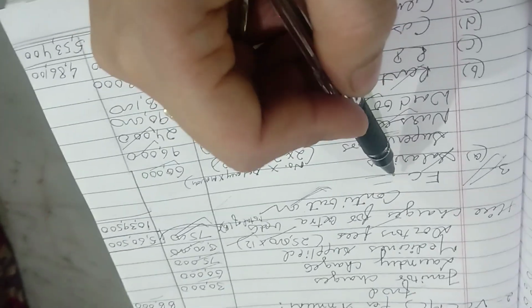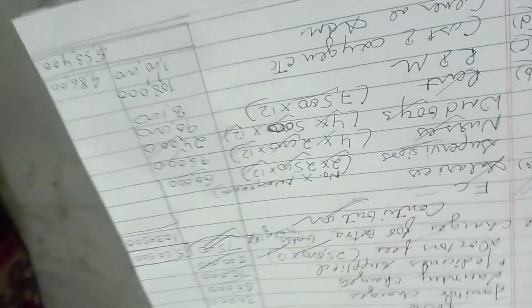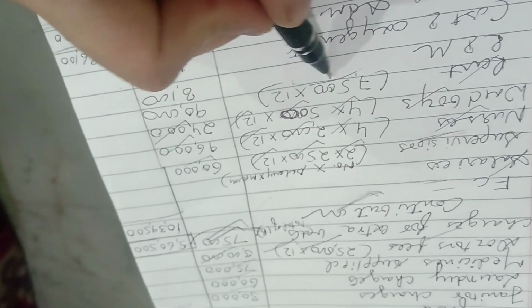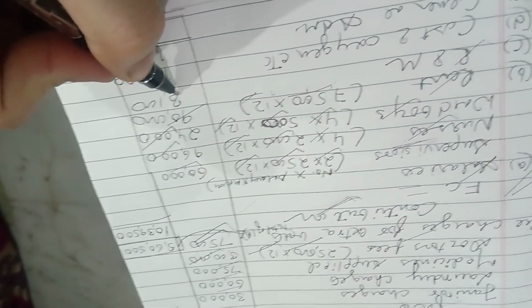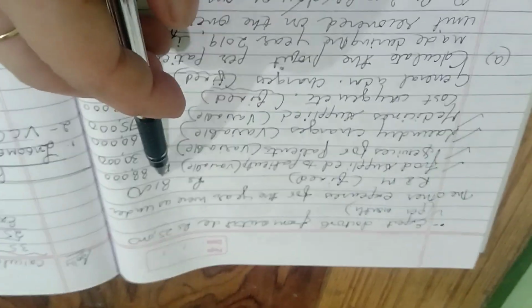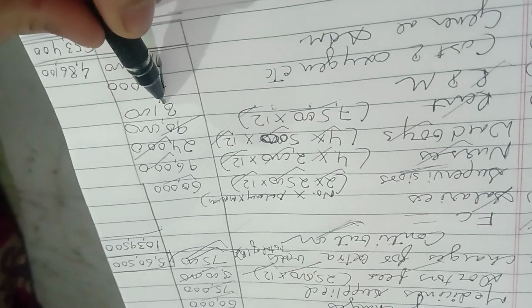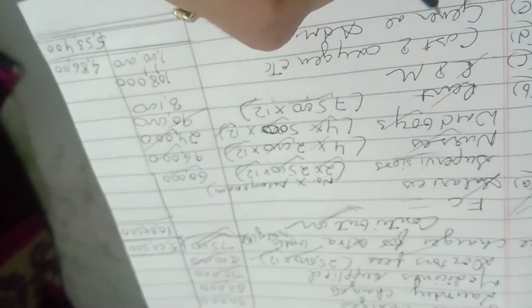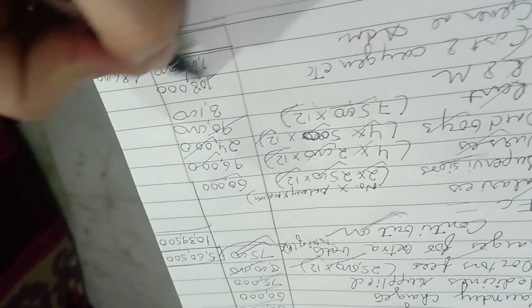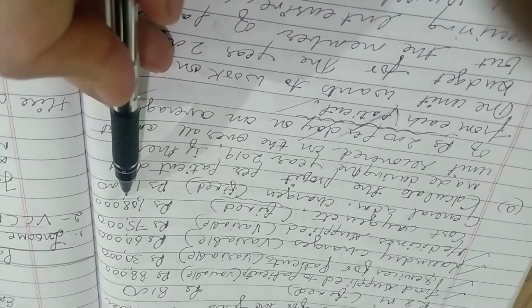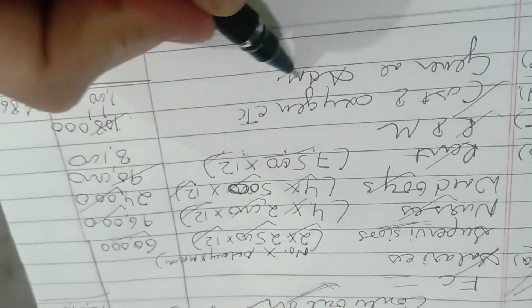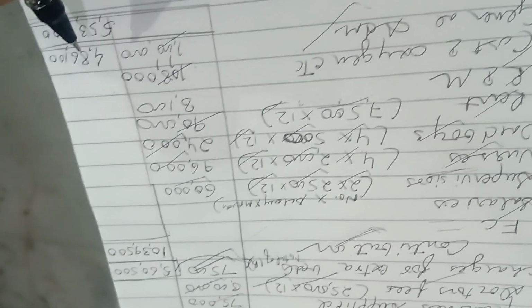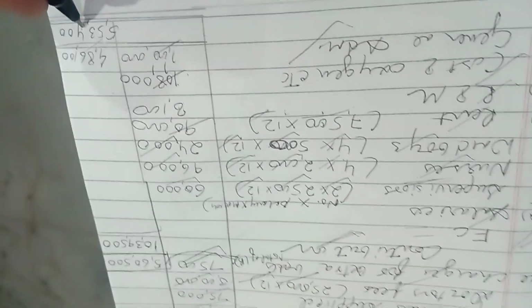Now next is rent. Rent is again a fixed cost, that is 7,500 per month. So simply 7,500 into 12, 90,000. Repair and maintenance is also given clearly in the question. We don't have to do any calculation regarding this. So we will just write down 8,100. Cost of oxygen etc. is 1,08,000, because it is also given in the question. So we will just enter this amount of oxygen 1,08,000 and treat it as a fixed cost. And last is the general administrative expenses, that is 1 lakh. So here it comes 4,86,100.